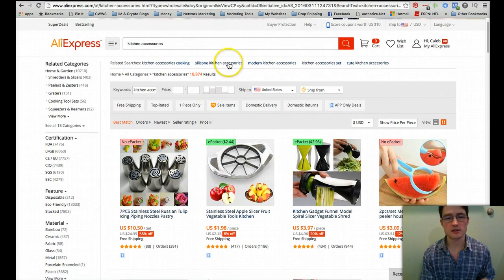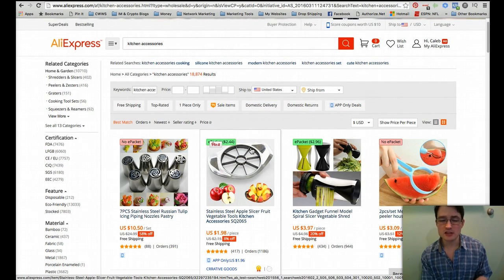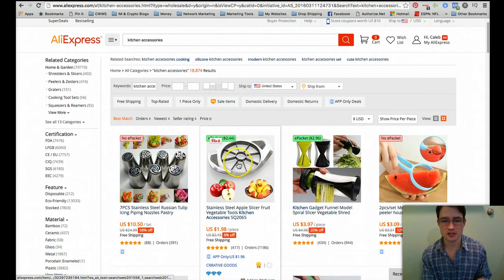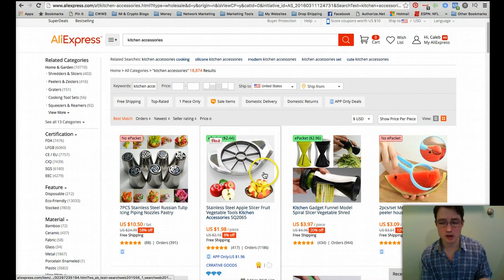Now that's indicating that they have e-packet shipping. On AliExpress, e-packet shipping is the shipping that you want to use to drop ship to your US or Canadian customers, because it will get to them fast, all right? And you need it to get to them fast. So you need to select items that have e-packet shipping, and this allows you to easily identify the items as you look through the search results that have e-packet shipping and how much it is. So if another seller was selling the same item and his e-packet shipping was a little bit cheaper, then he's a better option, right?